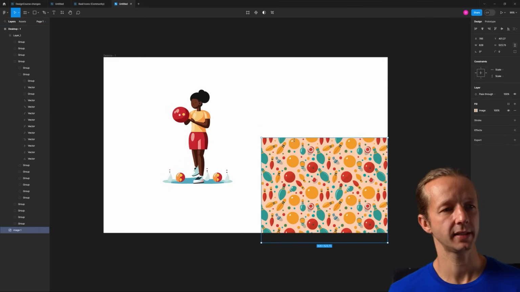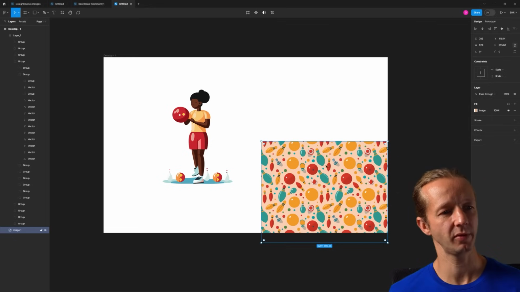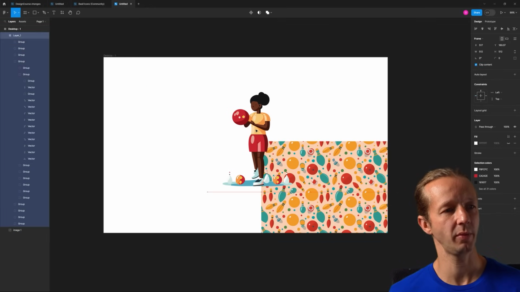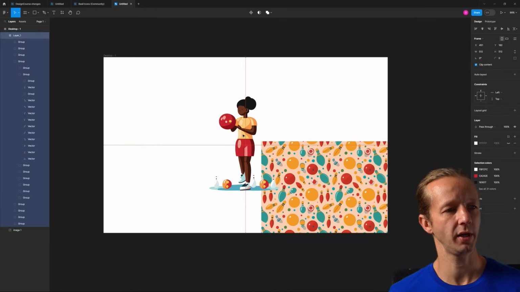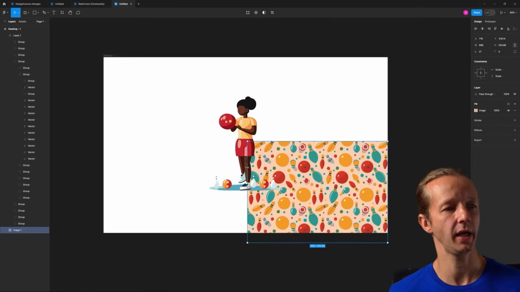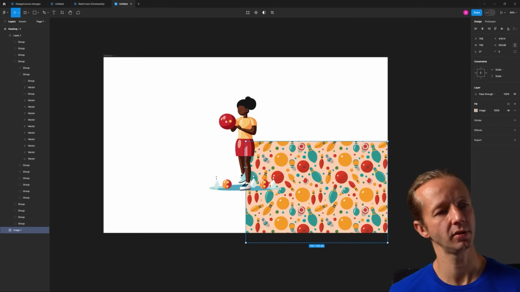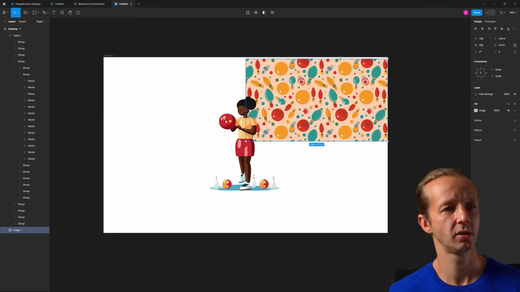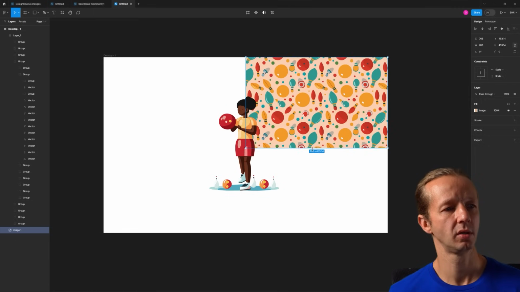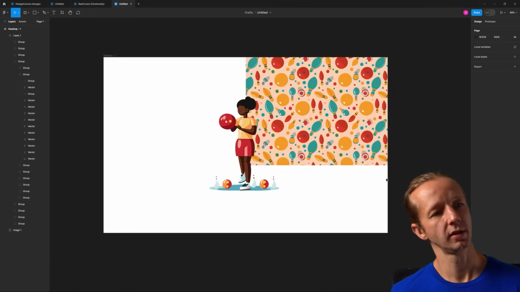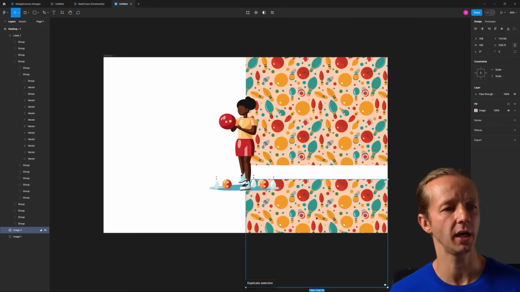So now if I take this and we'll just situate this over here. Maybe we'll put her right in direct center of everything. And then we'll have this come in the center. Actually, let's see about doing this. That would be kind of a real interesting layout. We could duplicate this, or rather,